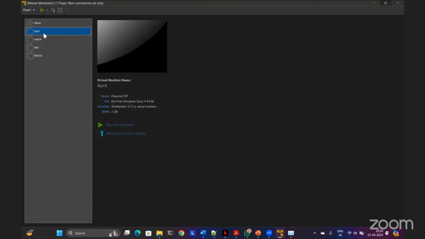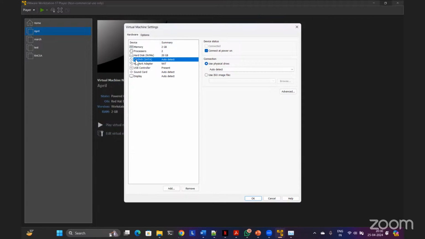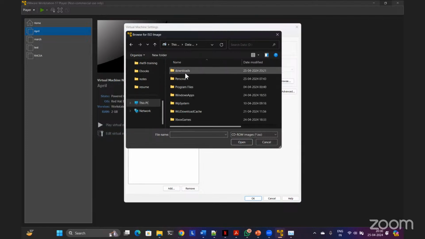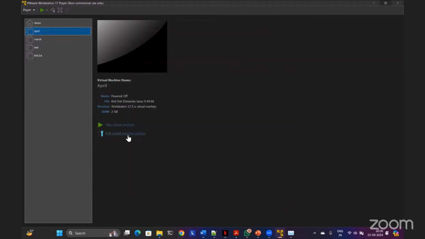drive. So right click on your virtual machine, settings, and here you will see the virtualized hardware CD DVD. Click on it. And now here you see the option use ISO image file. Select and browse the ISO image. You just download it, the 9 GB or 10 GB file. Okay. So it is in downloads. This is the file, the ISO file, right? Click on OK, and that's it.